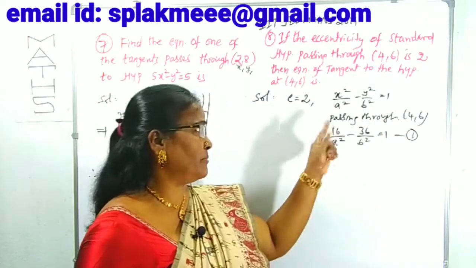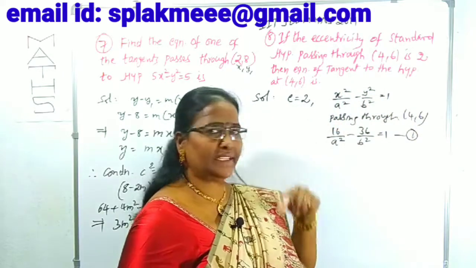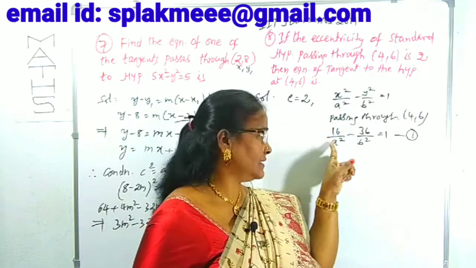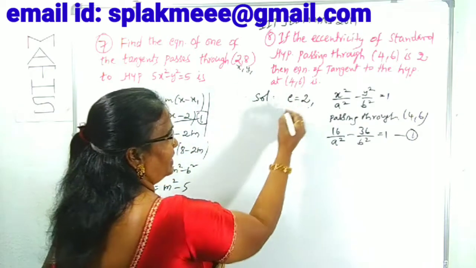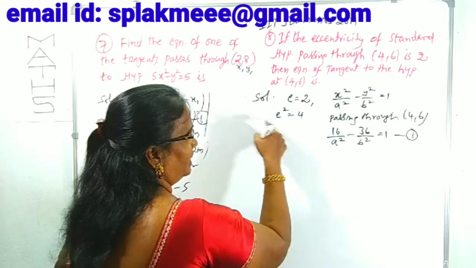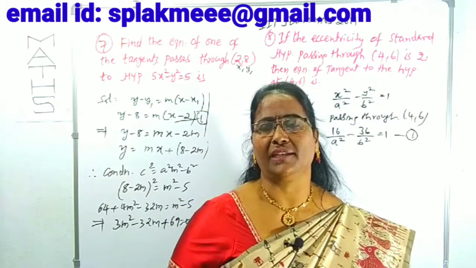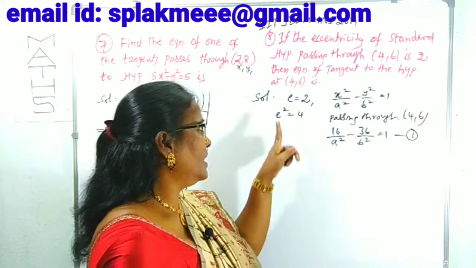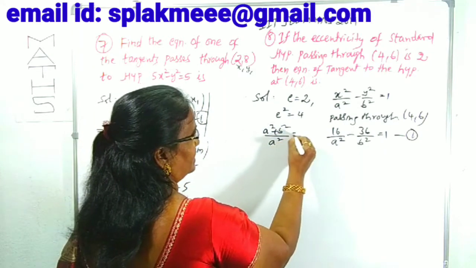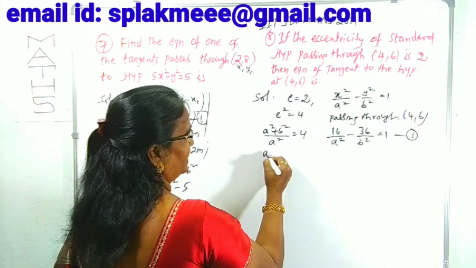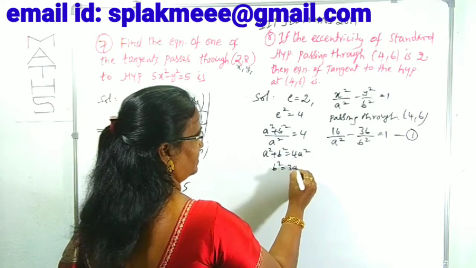Okay, to find the equation of the hyperbola, we need a square and b square. I chose the hyperbola equation like this, and already got one equation in terms of a and b. Now we can concentrate on e. e is what here? 2. Squaring on both sides, e square is equal to 4. e square is, you know, you can watch those lectures; in Lecture 1 I gave the various contents and their formulas. e square is simply (a square plus b square) by a square, which is 4. I am rewriting this: a square plus b square is equal to 4a square. From this, b square is equal to 3a square.